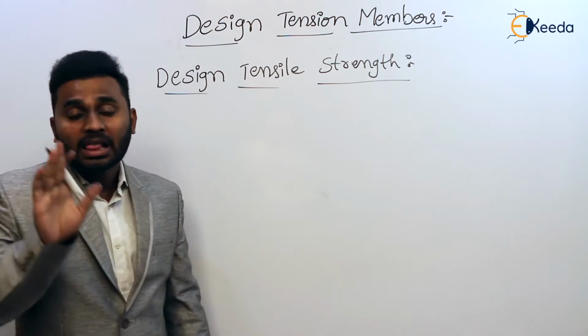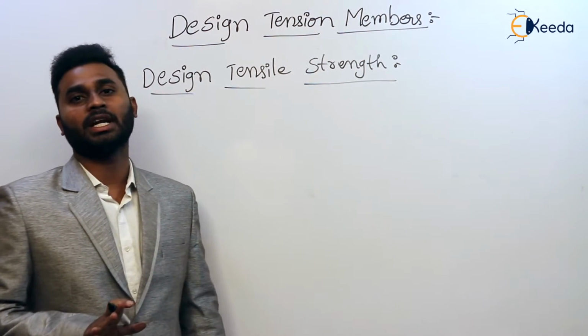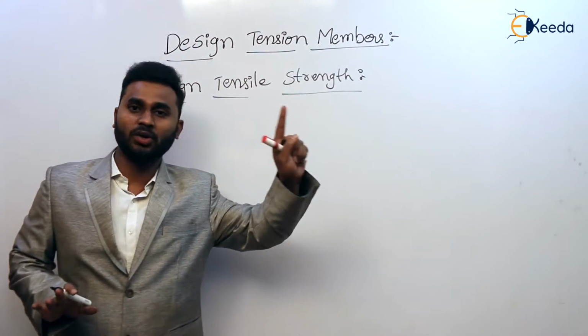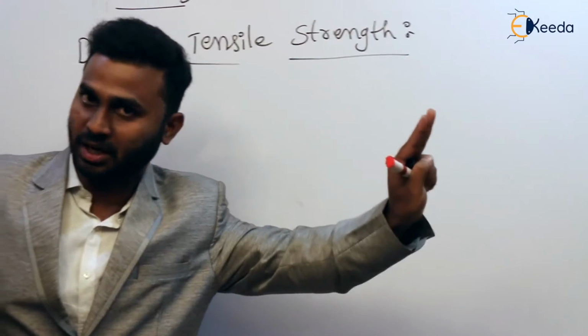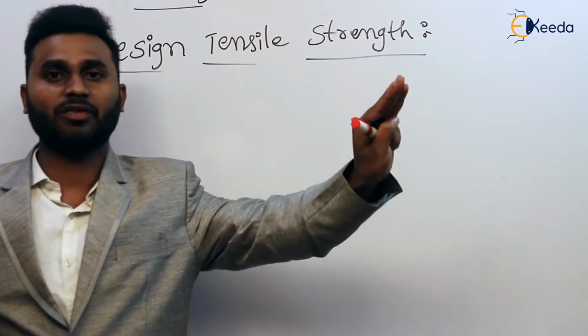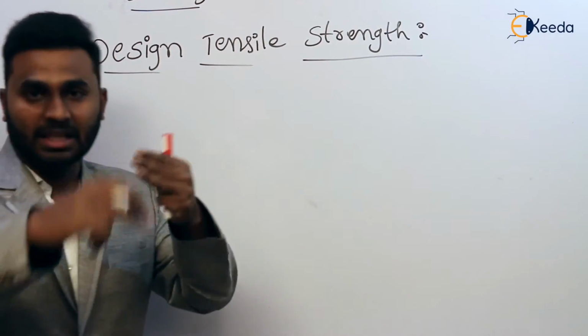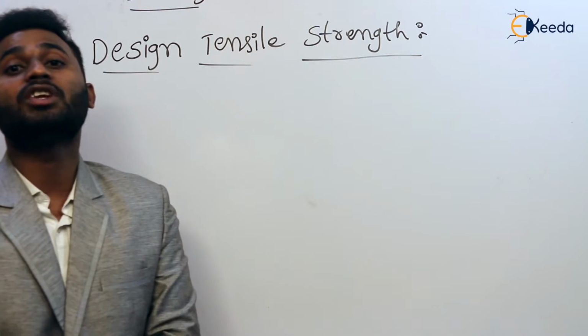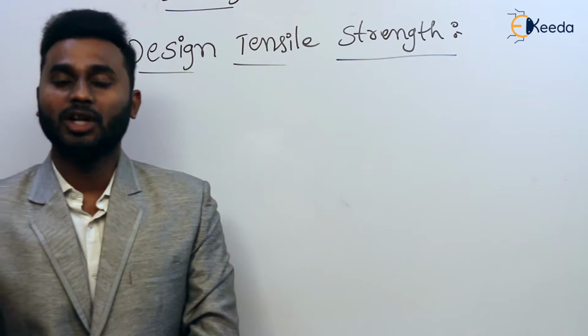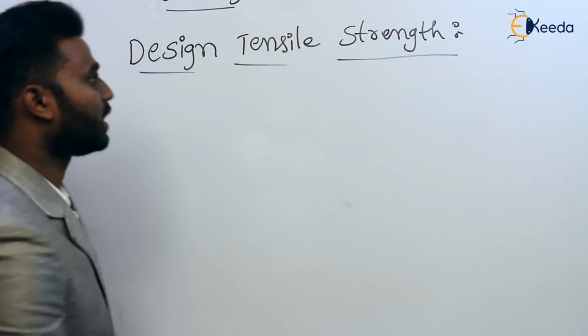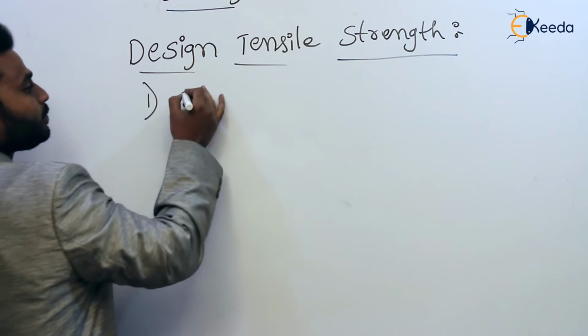In all these three criteria, so what are those three criteria? Cross section yielding. First we have to calculate the design strength in cross section yielding, and then the design strength in net section rupture, and then the design strength in block shear failure. We have to calculate the design strength in all these three, and out of these three, whichever is minimum, that is considered as the design tensile strength of that member. Okay, so what is the first one here we have to take?